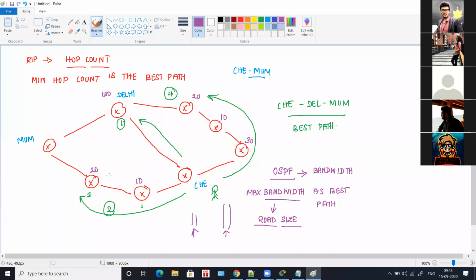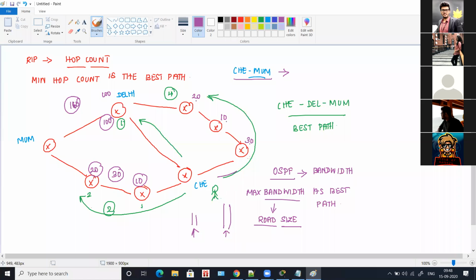Now how does it consider? See here. Same from Chennai to Mumbai. If you wanted to identify the best path, it will first see this way. When it goes, you have 10 and you have 20, so the maximum bandwidth is 30 here. In case you wanted to go this way through Delhi, you have 100, so 100 is the maximum bandwidth. And in case you wanted to go this way, then you have 30 plus 10, 40, 40 plus 20 is 60, and 60 plus 100 is 160. So now the maximum bandwidth is in which path?